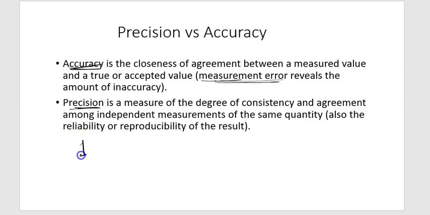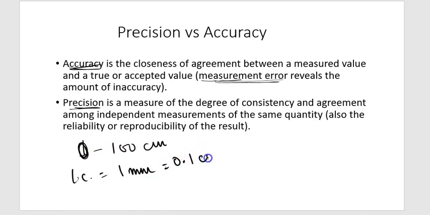We all know the meter rule ranges from 0 to 100 centimeters. All right. And the least count is 1 millimeter or 0.1 centimeters,